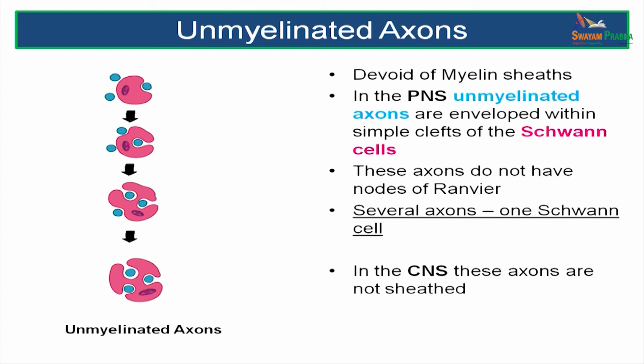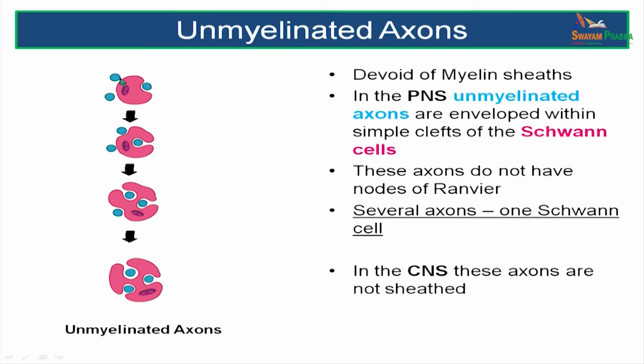Now, all this time we are talking about myelination, myelinated nerve fibers in the central nervous system, in the peripheral nervous system. What about unmyelinated nerve fibers? They are also called non-myelinated nerve fibers. They have no myelin sheaths. If you look here, you can see there are 3 axons. There is a Schwann cell in pink. The Schwann cell is covering the axons, but there is a small space that is left out here, and there is no spiraling around the axon. These are unmyelinated axons and they are not protected, they are not sheathed.